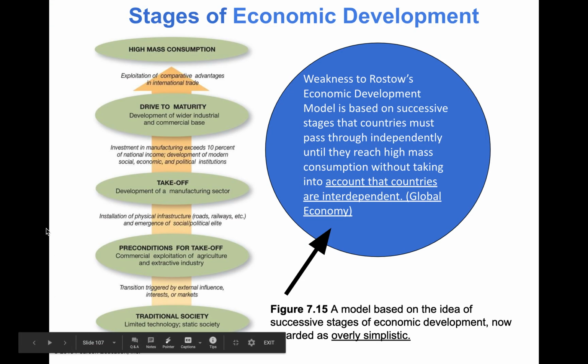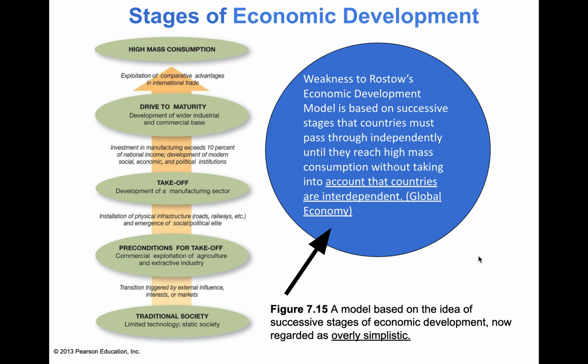Again, here's looking at the stages. Some of the weaknesses: it's oversimplistic. The model is based on successive stages that countries must go through independently until they reach high mass consumption. It doesn't account for countries that are interdependent in a global economy, such as Russia, for instance, or China, for instance. They were in a traditional society under the self-sufficiency approach with communist China led by Mao Zedong